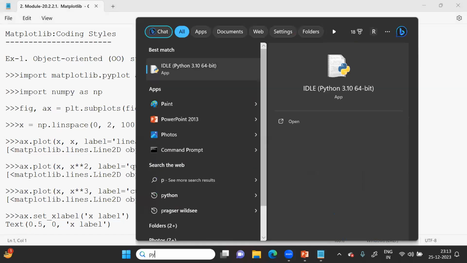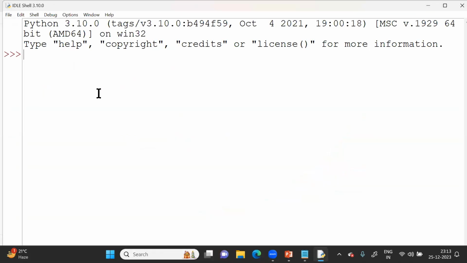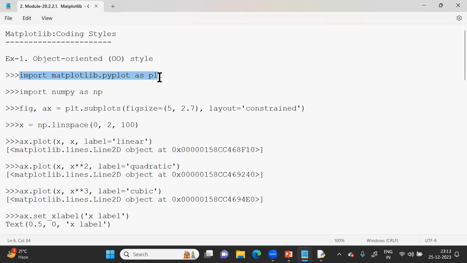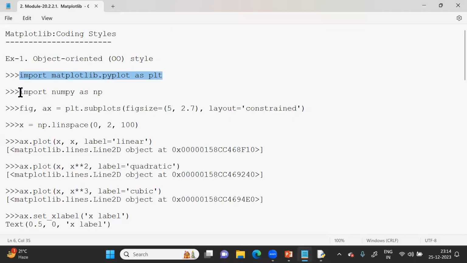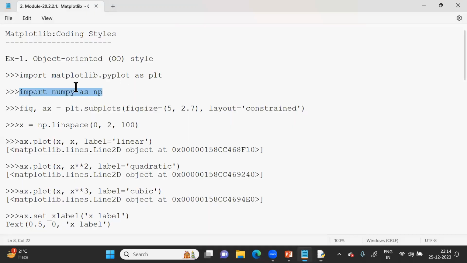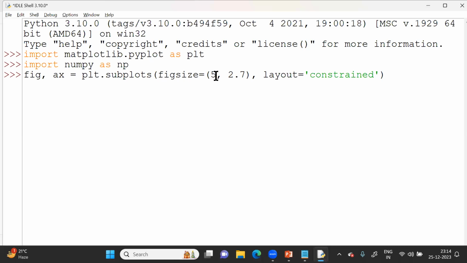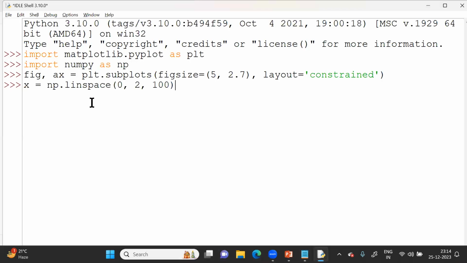So open your Python IDLE, and whatever code we demonstrated, let us run. First we have to import pyplot from Matplotlib, its object is plt. Then import numpy as np. Then create the figure and axis with a restricted size of 5, 2.7. Your layout is constrained. Then define the x-axis data. Some sample linear space data we are taking, 0 to